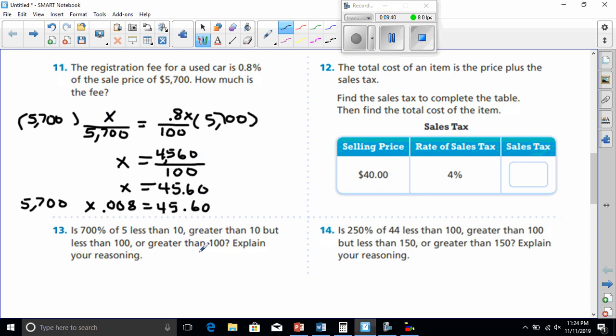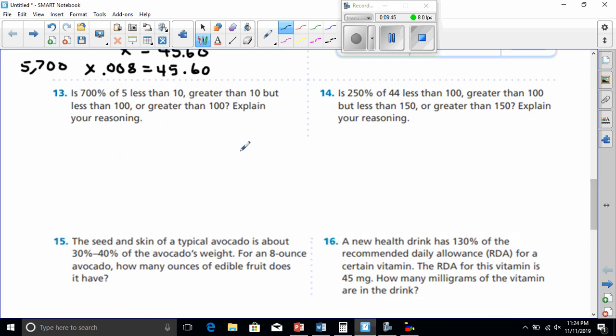And we're ready to do number 13. Yours was number 12. Is 700% of 5 less than 10, greater than 10 but less than 100, or greater than 100? Explain your reasoning. Well, the simplest way I know to solve this problem is to realize that when I'm dealing